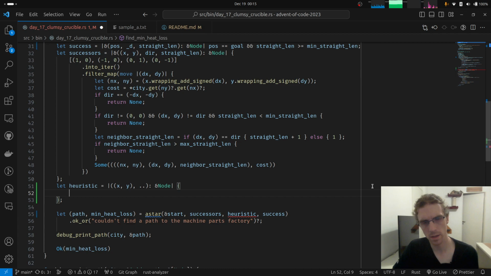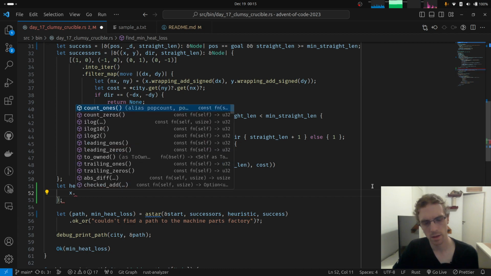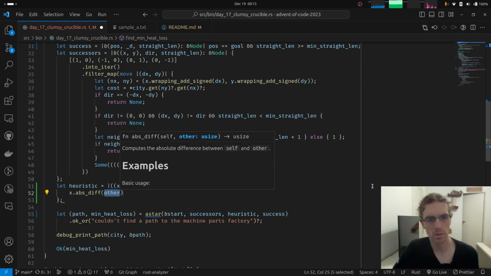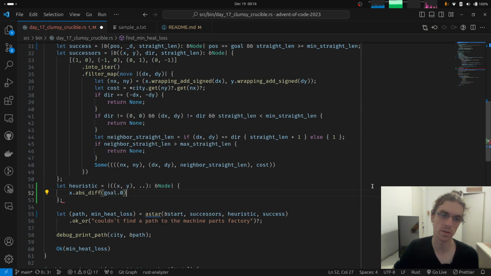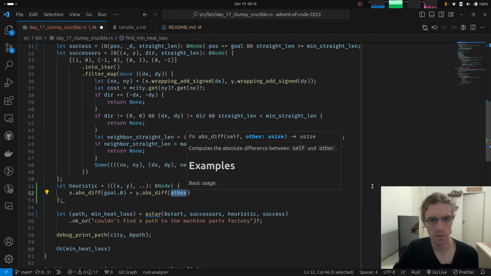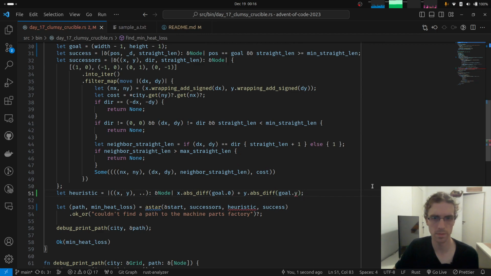So we want to say the absolute difference of x with the goal's x coordinate, plus the absolute difference of y with the goal's y coordinate.